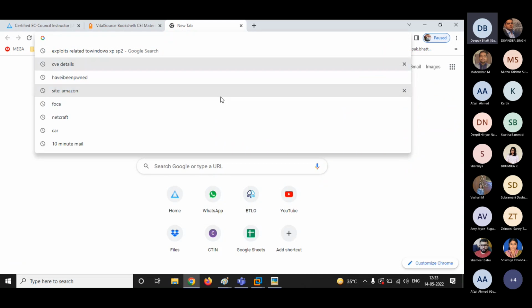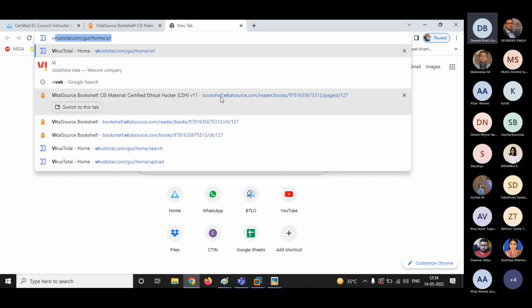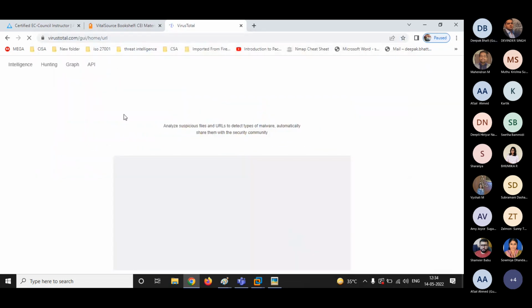See, many times it happens that in an instant messaging application like WhatsApp, Facebook, or Instagram, you get a message from your friend with a link, and your friend says that there is a sale going on, you can take advantage of that sale. But you are a cyber security person and you know that particular link can be malicious. So what you can do in that case, guys, is simply open VirusTotal. Let me show it to you. In VirusTotal, you'll be getting three options.